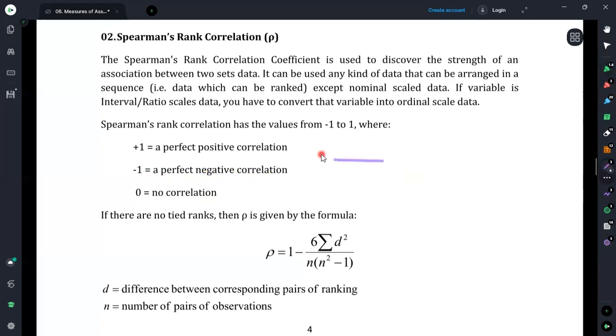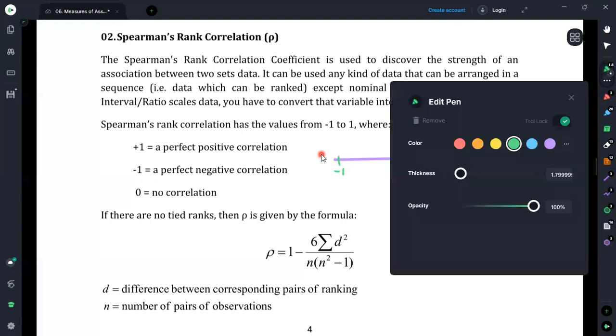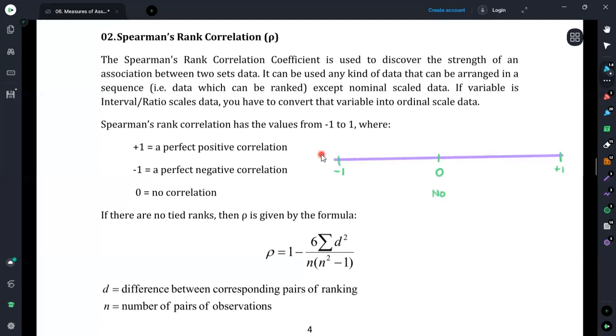If I brief about the correlation, we can say it in this way. Correlation lies between -1 and +1. Here we get -1, here we get +1, and in the middle of these two, we have 0. If we get the value as 0, then there is no correlation. But if you have a value between 0 and 1, including 1, then on this side we can say that there is a positive relationship among the variables.